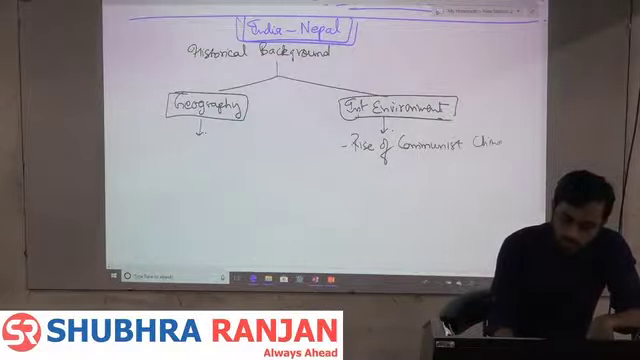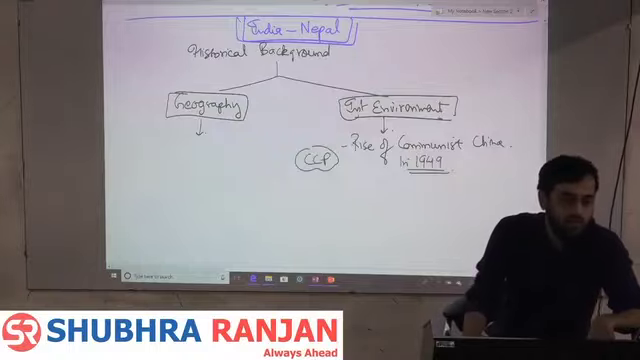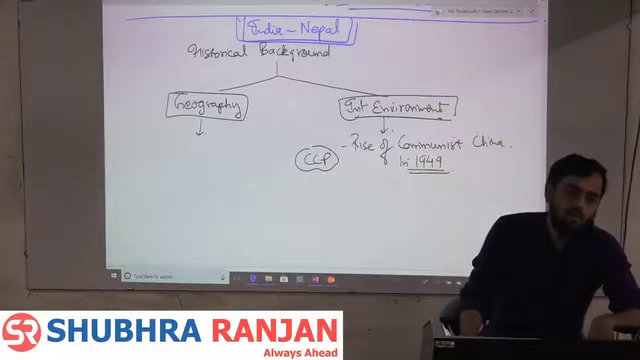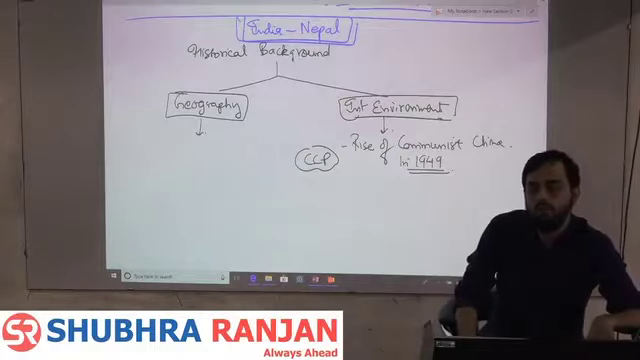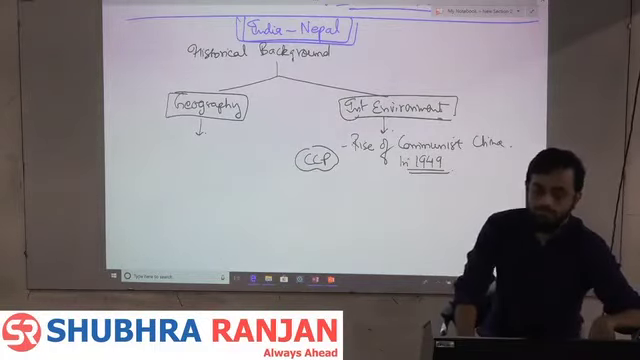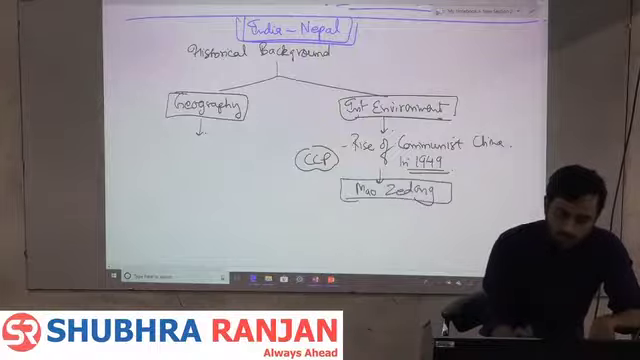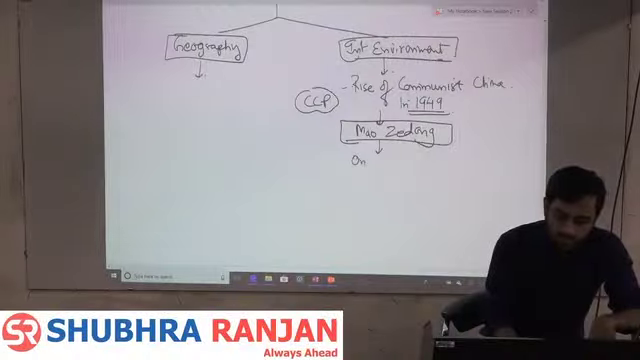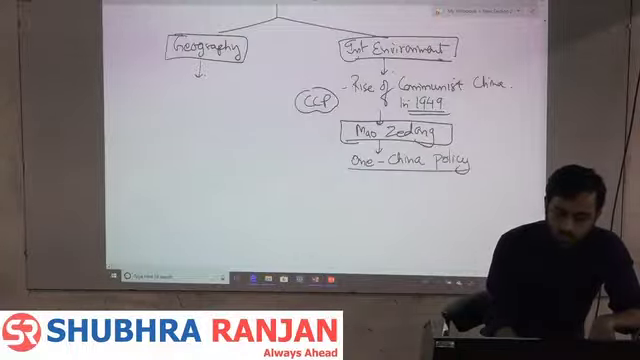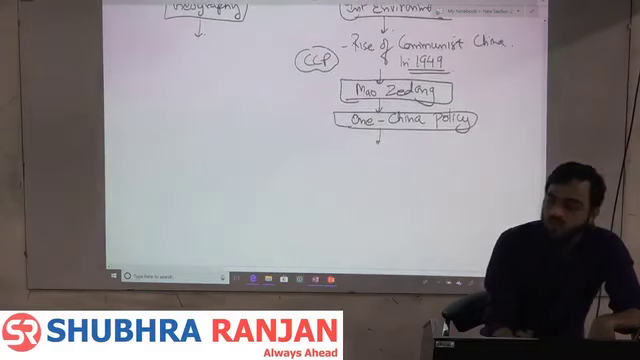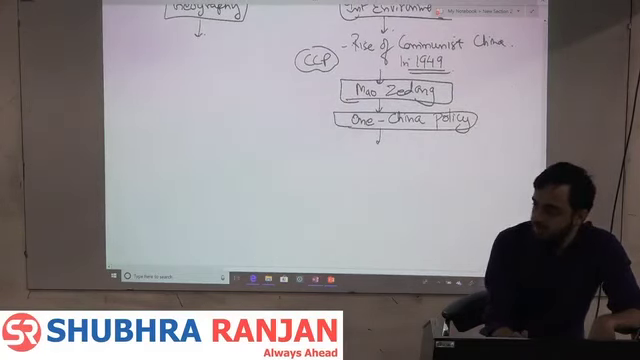in 1949, sorry. Now China rose, the Chinese Communist Party came to power in 1949. And at this point of time, the Chinese premier was Mao Zedong. And Mao Zedong gave what was called the One China policy. He gave the One China policy, and under it he said that